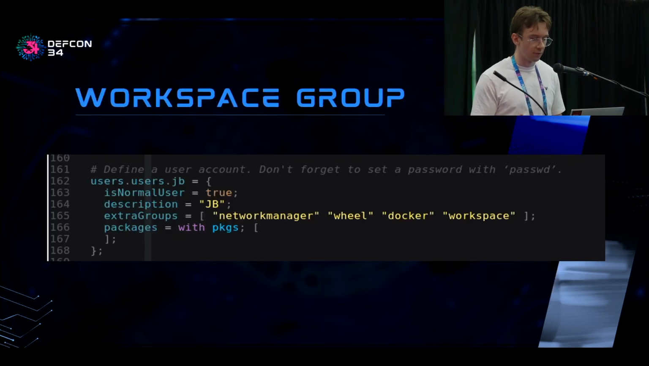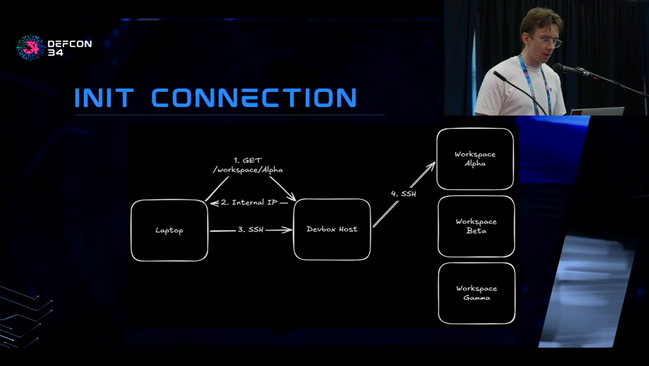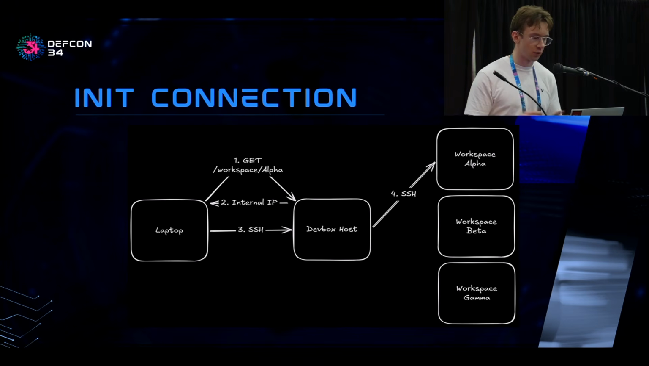As I said before, access to the local daemon is gated by access to the Workspace group, similar to how you would have a Docker user group. Let's say we have a running container now using this client-server model. When we want to initialize a connection to one of our hosted Workspace containers, it's essentially a four-step process. We have our laptop and its local Workspace client binary, which issues a request to our host, just over HTTPS,